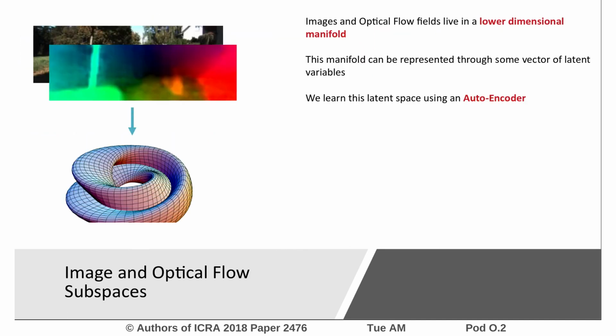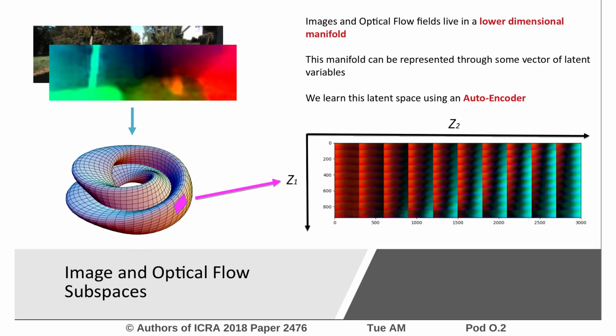Since the optical flow field that is used for prediction depends both on scene appearance and camera motion, one of the arising questions is how do we disentangle the contribution of the motion from the bias-generating contribution of scene appearance? We propose a first step in this direction by trying to learn a latent space representation of the optical flow field. This representation lives on a lower dimensional manifold that we try to learn with an auto-encoder.